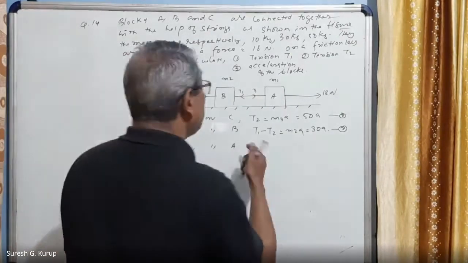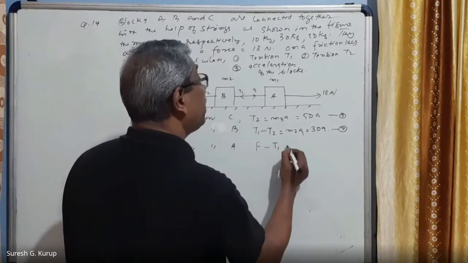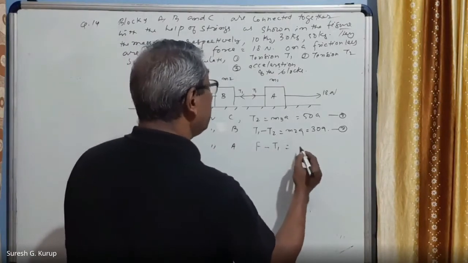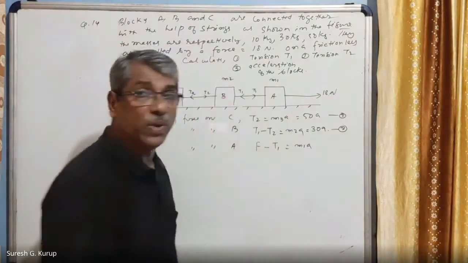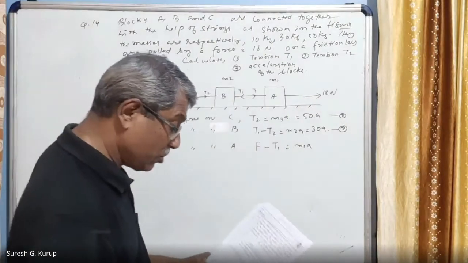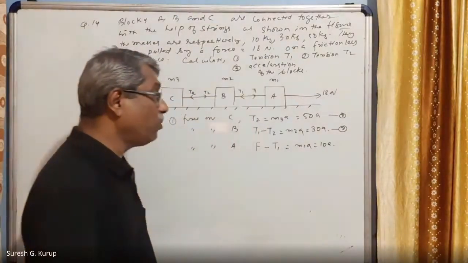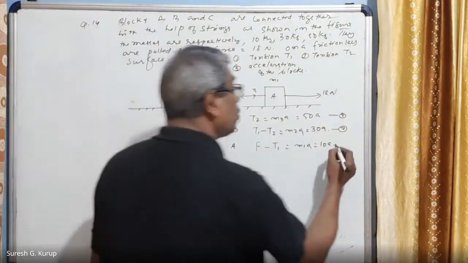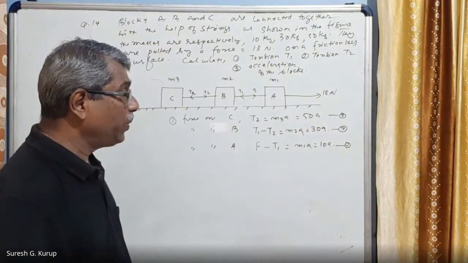So that is given by capital F minus T1 is equal to M1A. M1A is equal to 10A. So these are the 3 forces, so 3 equations also we got. Right? Okay. Now what you do is,